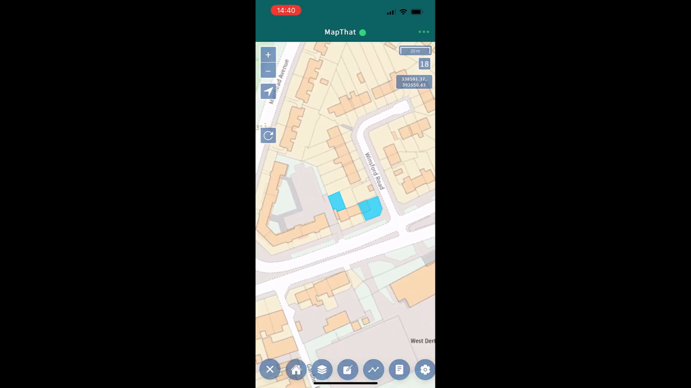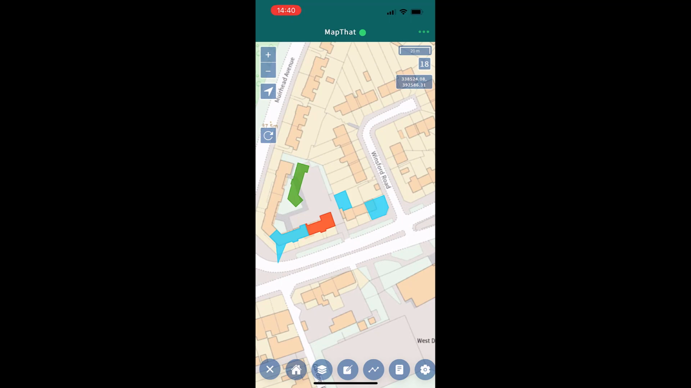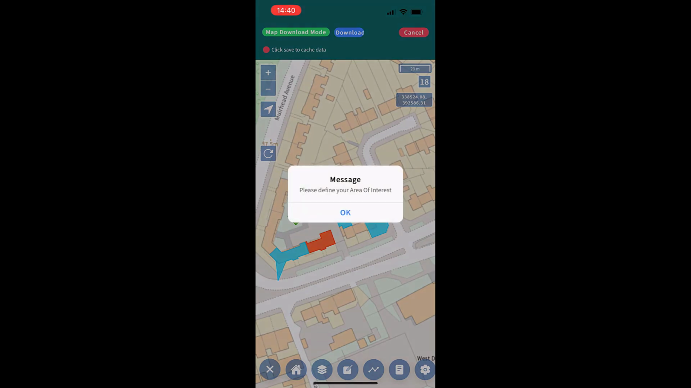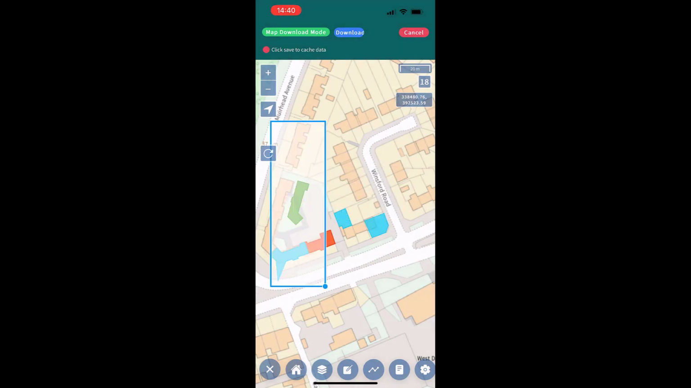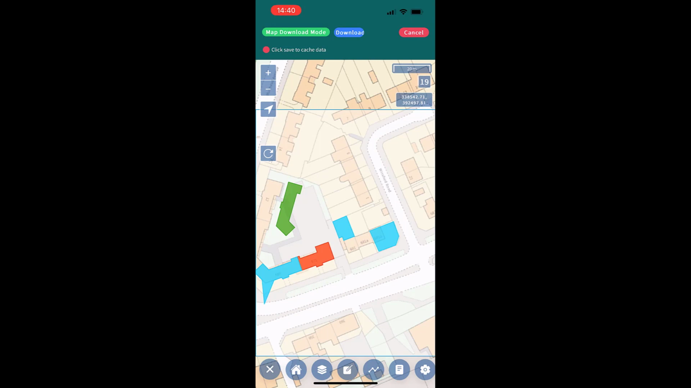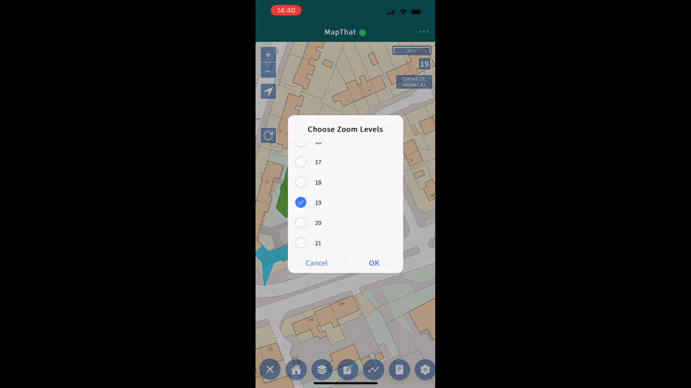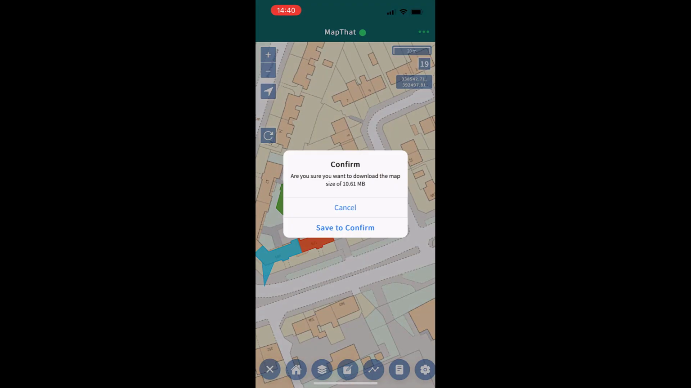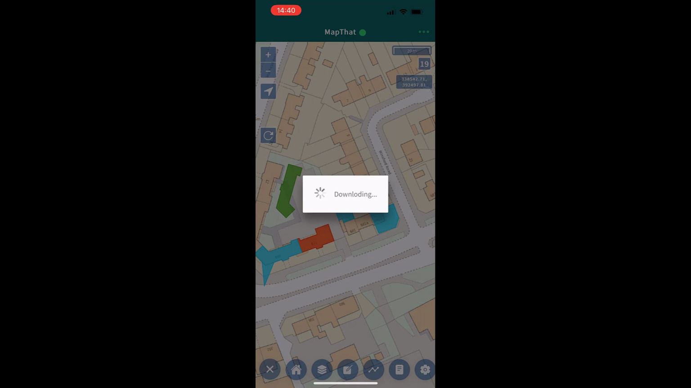Finally, while working out on site, you may lose internet connection. So using the Offline Base Maps tool, you can choose to cache any of your available base maps. Firstly, choosing the area to cache by drawing a rectangle on the map, and then selecting the zoom levels to download your mapping tiles. A confirmation will detail the size of the tiles to be downloaded, and within seconds the map tiles are saved